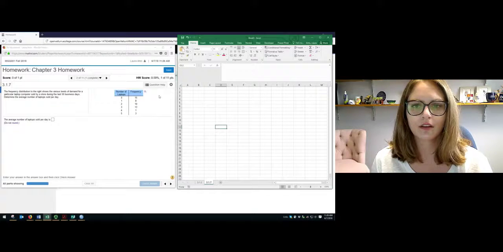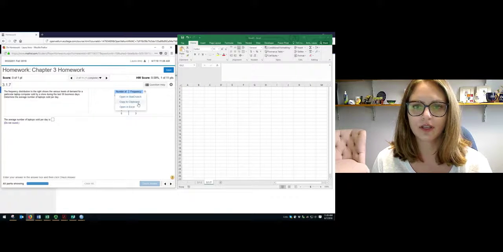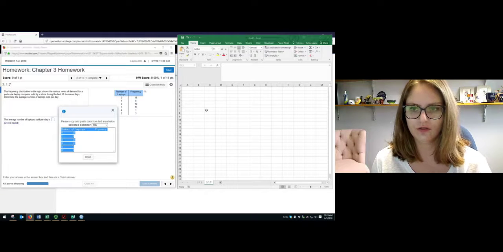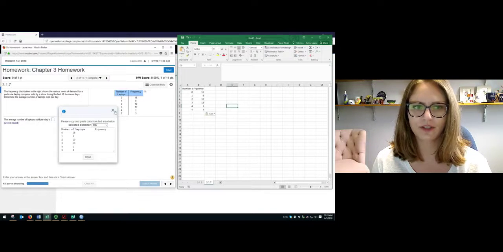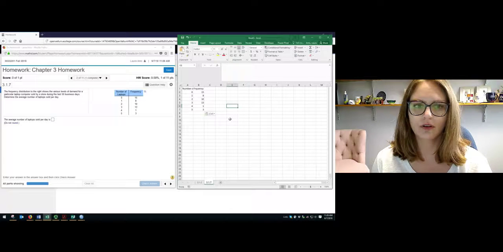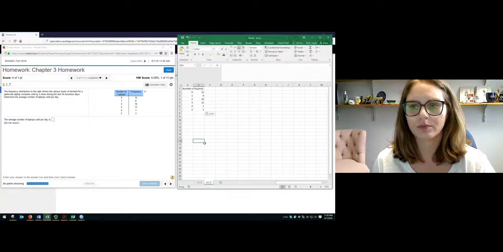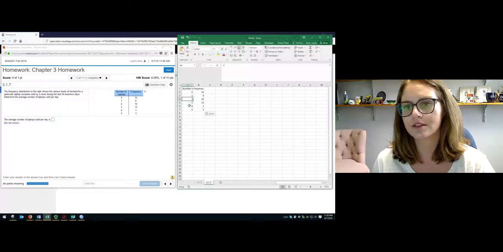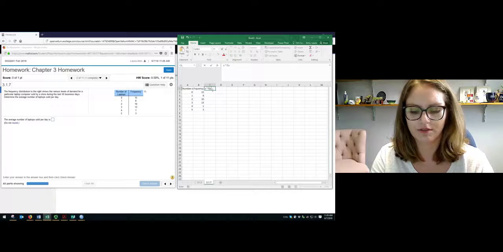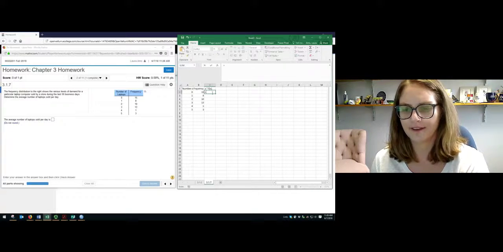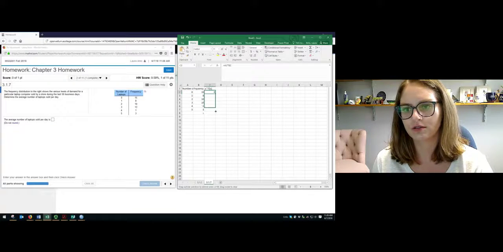3.1.7. Here, I'm just going to go grab these and Control C, put it there. Perfect. Alright, so in order to grab the average number of laptops here, what we end up having to do is multiply each of the values of x by its frequency. So this is going to be x times f of x. I'm going to set this up so that when I drag it down, it's doing it for each of the respective